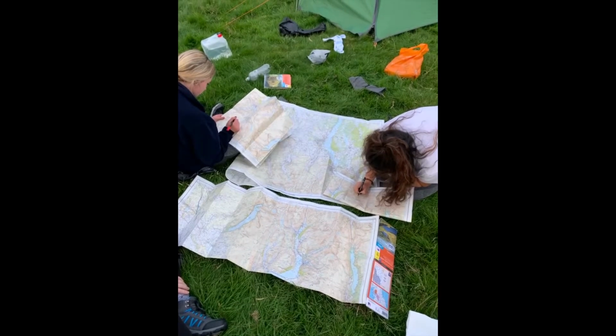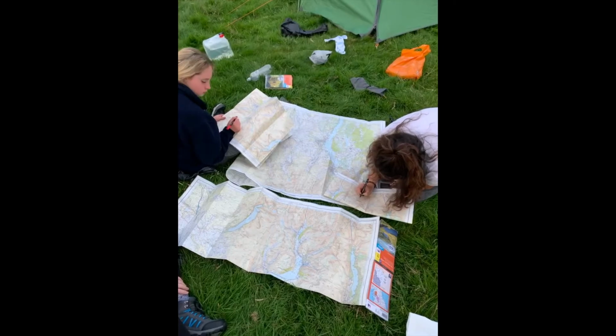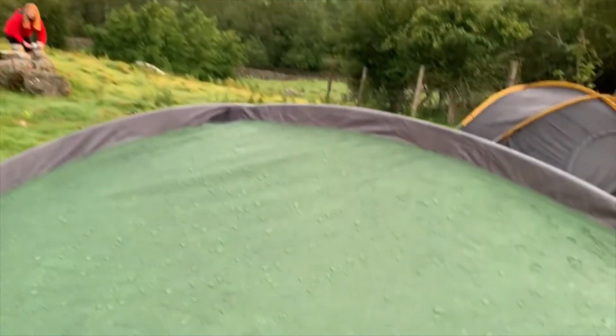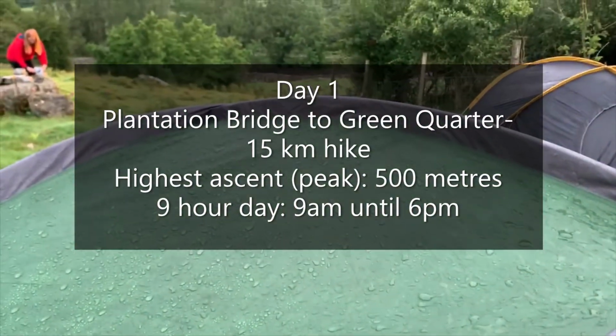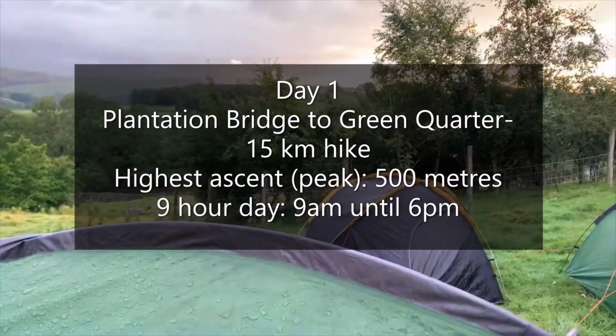So we were a team of 6, as you can see by the tents. I knew 2 of the other girls, but the other 3 girls, we didn't know each other at all, but we all came from the same city. So yeah, for the first day we had to go from Plantation Bridge to Green Quarter, and it was a